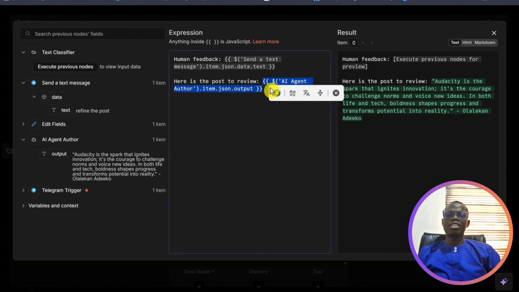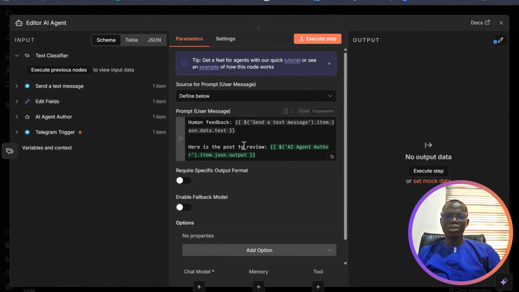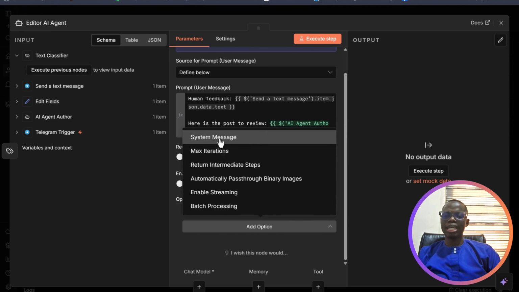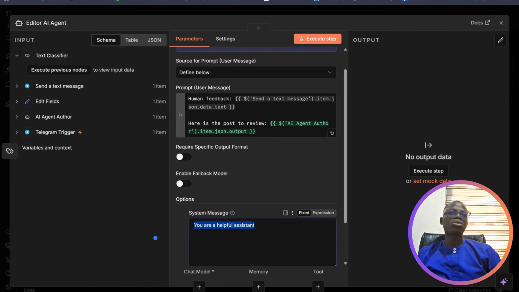All right. So this is what we want it to review. So I will execute the previous node, and then it should review it. So that's what we are doing here. But we also need to empower that agent and add a system prompt, that editor. So this editor, I'm just going to write something simple there and say,